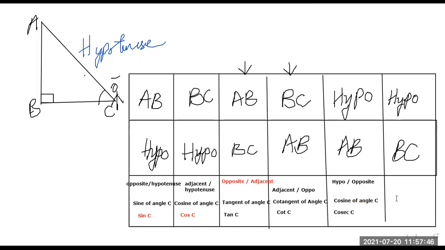Then for the final one, hypotenuse. Please take the screenshots of this one because this is getting close. Last one is hypo upon adjacent. And what do we call it? We call it as secant of angle C. We call it simply sec C. So इस तरह